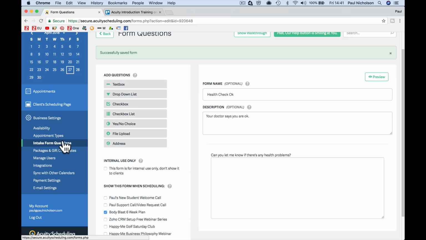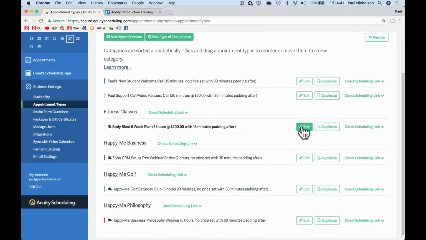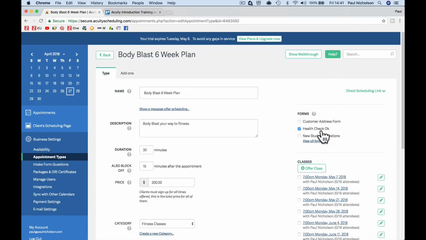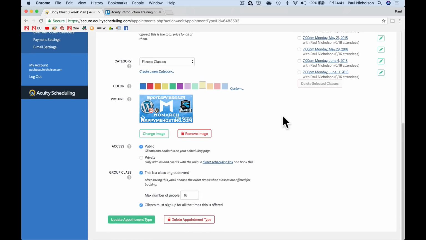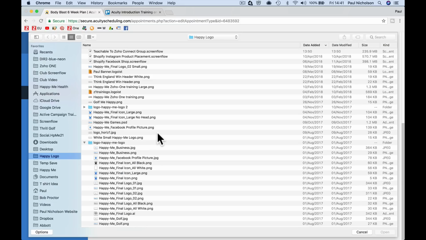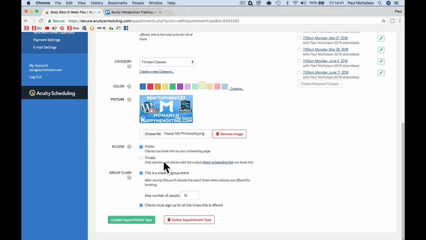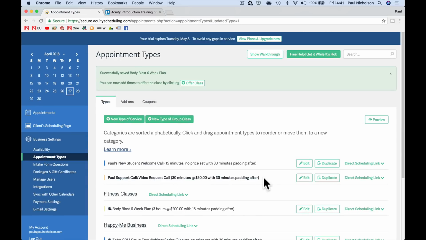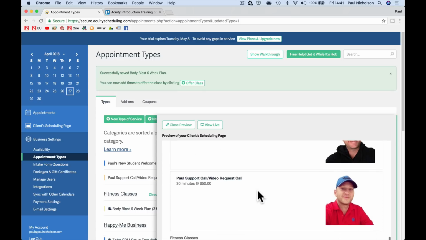And now when I go back to that appointment, where are we? Fitness classes. Here, we're going to edit it. I'm going to preview. I thought I saw a preview button for the class. Oh yeah, that was a rubbish image to use, Paul. Let's use something else. Happy Me philosophy. Update appointment. Update. So now when I go to preview, it's going to show them all, but down the bottom